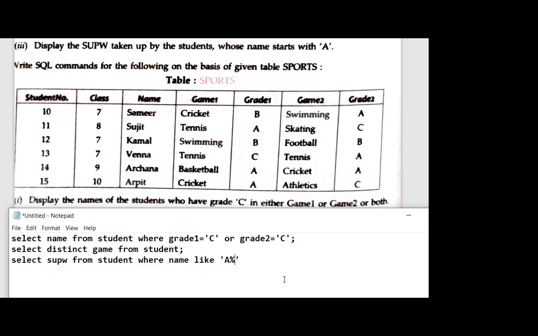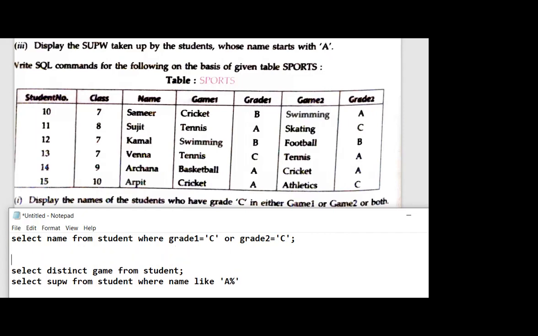Yes, Naman, correct. Achal, correct. Vivina, wrong.